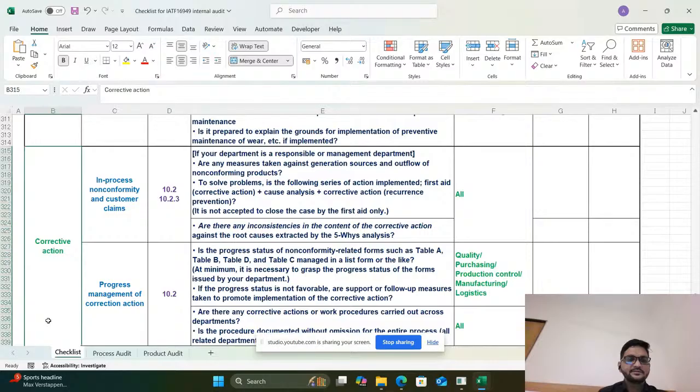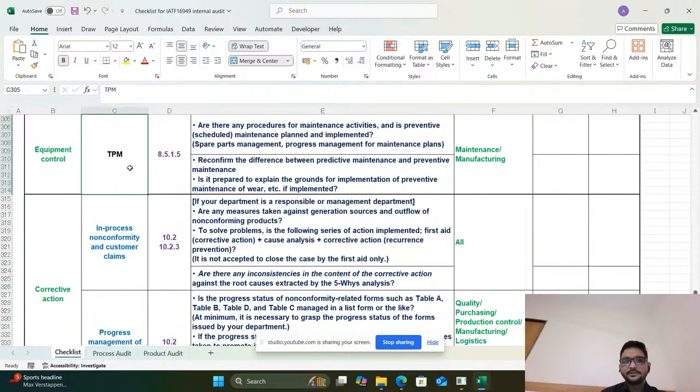Next is equipment control, like TPM at 8.5.1.5, total productive maintenance. In this, we are going to discuss the maintenance activity, like preventive maintenance schedules planned and implemented, spare part management, as well as predictive maintenance, preventive maintenance, and their related records.